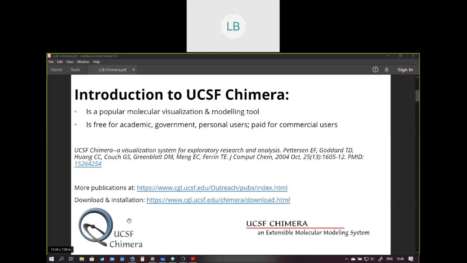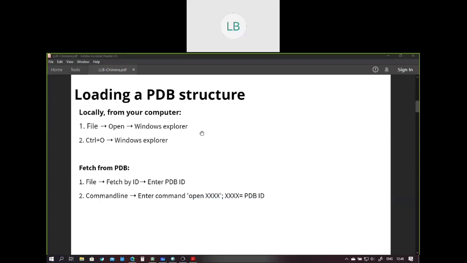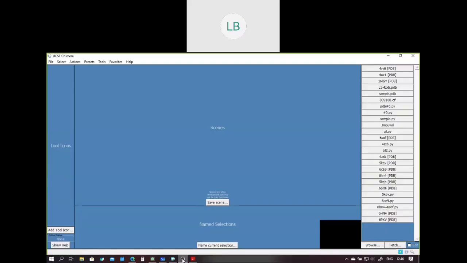This is available for all types of computer operating systems. It's available for Windows, Mac, as well as Linux. And as far as I know, the installation is fairly easy, not very difficult. Once you are done with the installation, when you open UCSF Chimera, you'll get a startup screen like this.